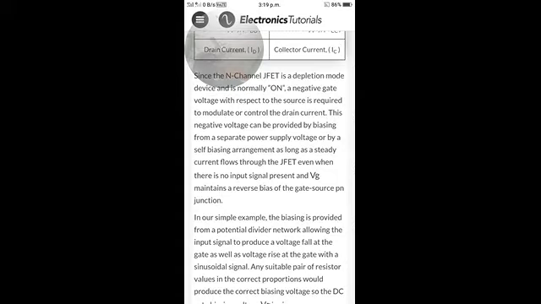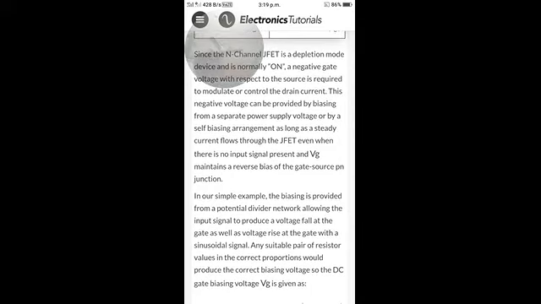When the signal to be amplified is sinusoidal, the gate voltage decreases and increases with time. Any suitable pair of resistor values in the correct proportions produces the correct biasing